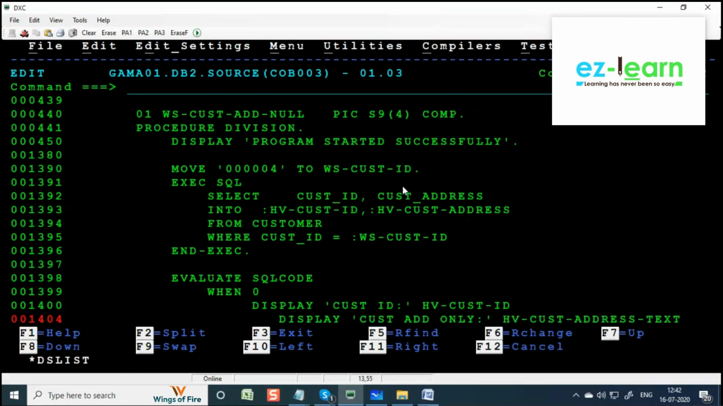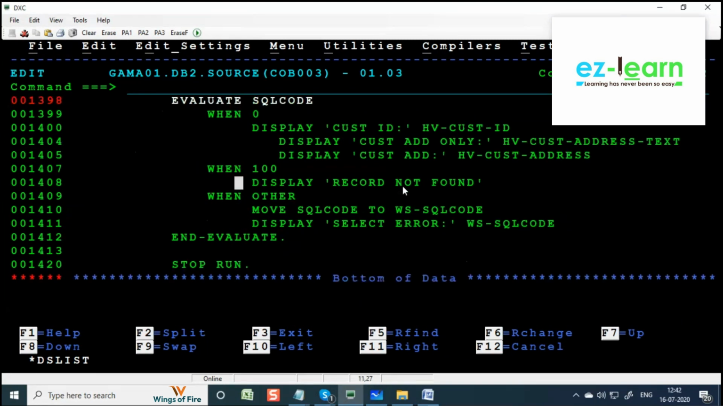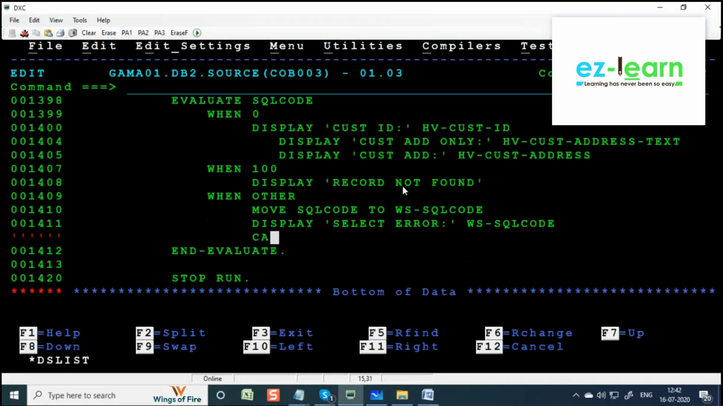So customer address is going to be null for 004 customer ID. Since we didn't give a null indicator here, it is going to fail. You are going to get minus 305. So when you get minus 305, what we are supposed to do is call